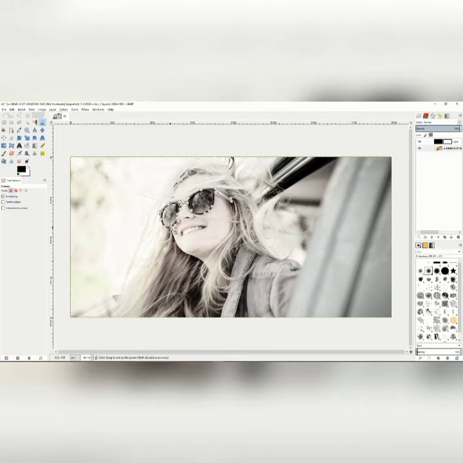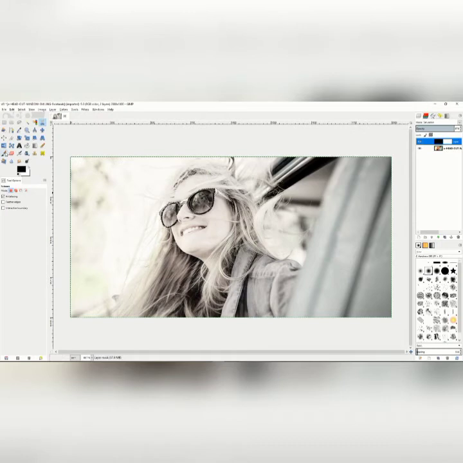And of course you can drag each point to make sure it tries to find all of the different parts of the glasses, and then we'll go ahead and click inside to select it. And if we do that and then go back to our layer mask for our saturation layer, we can go